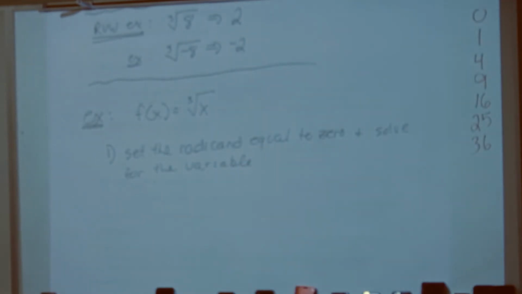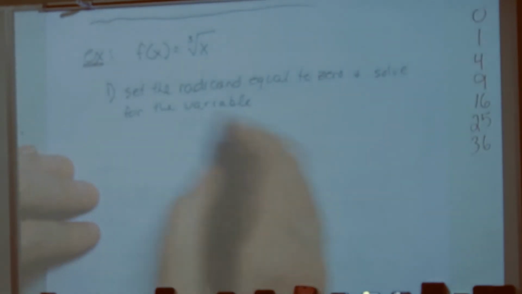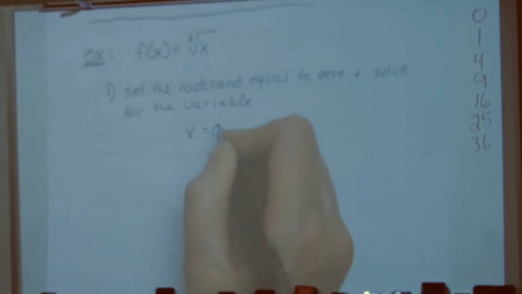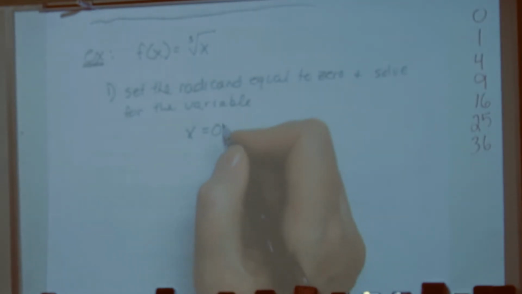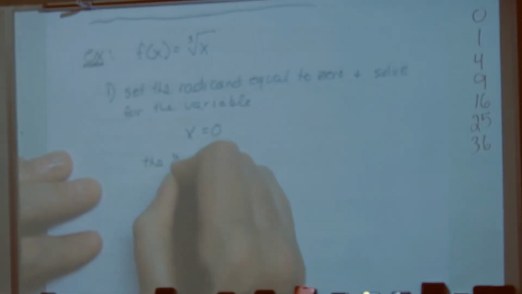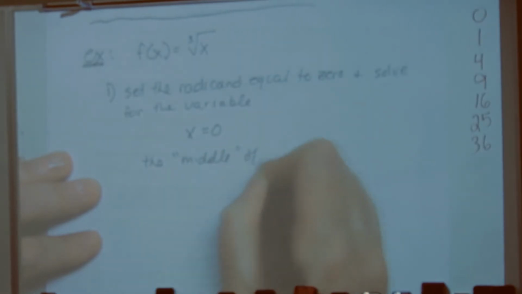And we're going to do the work right now. So you see how it's very similar as far as step 1, yes? So we're going to take our radicand, the inside, set it equal to 0. And voila, I know it's really boring, but we just wanted a basic example. And this is no longer a starting point. This is, for all intents and purposes, the middle of our graph,